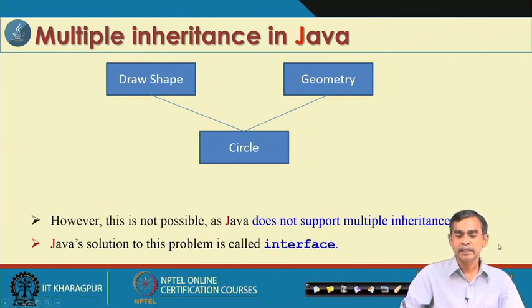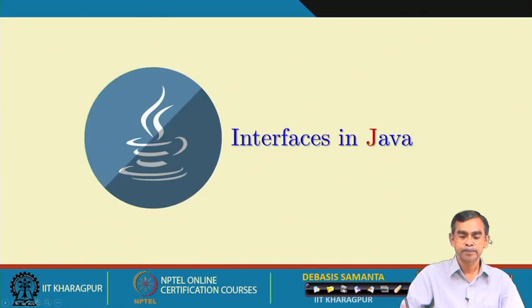Now the task is to understand what exactly an interface is. So, we are going to discuss the interface. In fact, I started this discussion with an introduction to the abstract class because interface and abstract class are in many ways very similar. It is very difficult to find a difference between the two, but the difference is that an abstract class allows only single inheritance, whereas the interface, which is very similar to an abstract class, supports multiple inheritance. So, this is the key difference between the abstract class and the interface in Java.